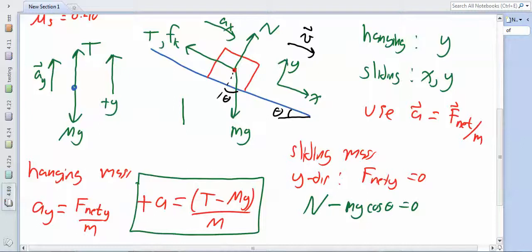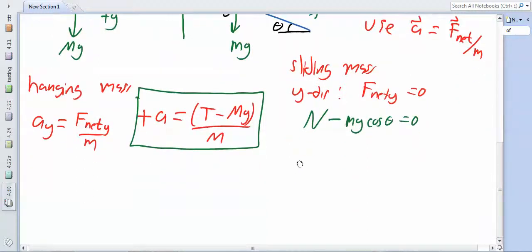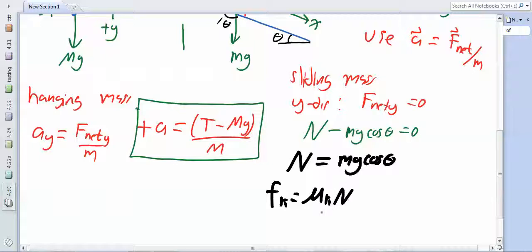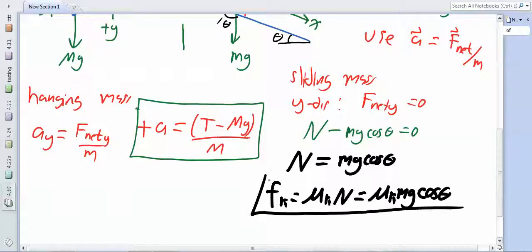So we can solve that for the normal force. So the normal force would equal mg times the cosine of theta. And that allows me to find the frictional force, which will be equal to mu k times N, which will equal mu k mg cosine of theta. And I'll put that in a box because I'm going to need that when I consider the x motion of